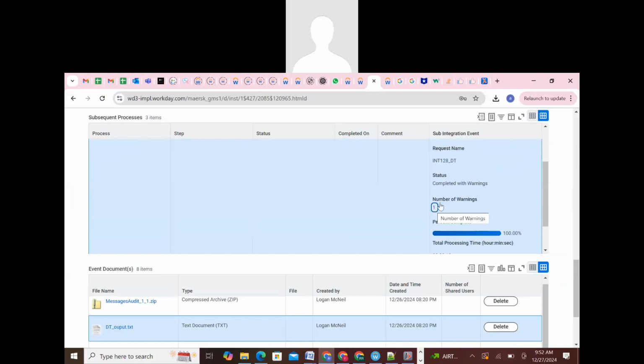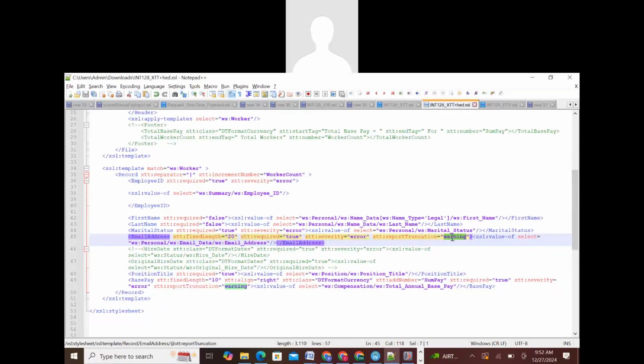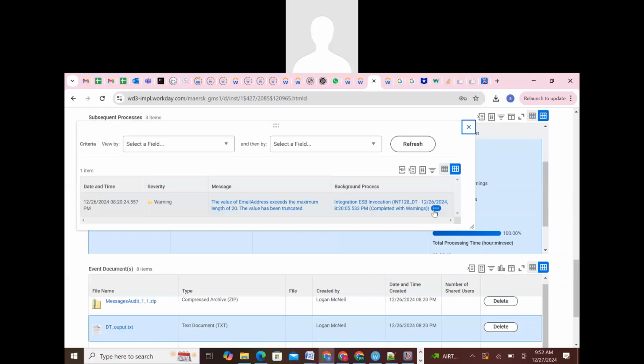Complete with warnings. If you give it as an error, it completes with the error's text. It will show as complete with the errors. If you use it as an error message here. Okay, so let's see. For example, if we extracted 100 employees,